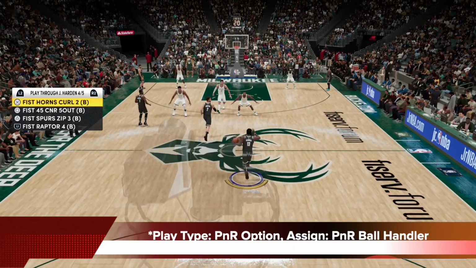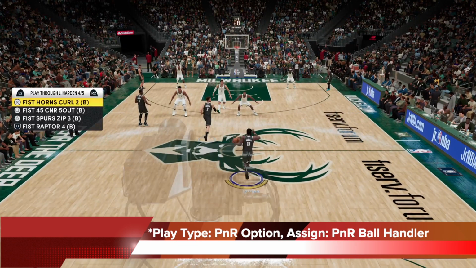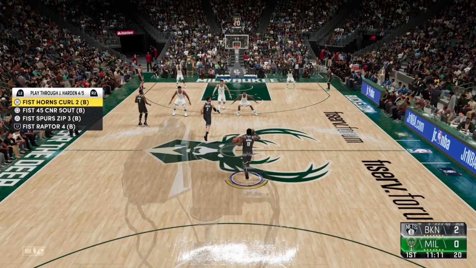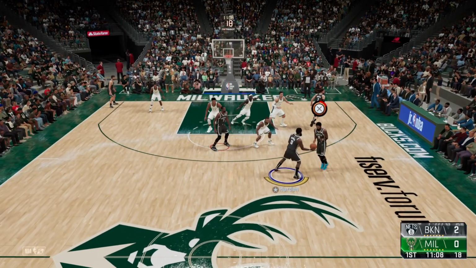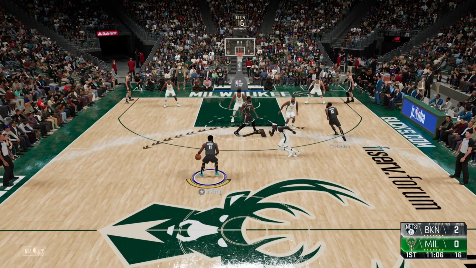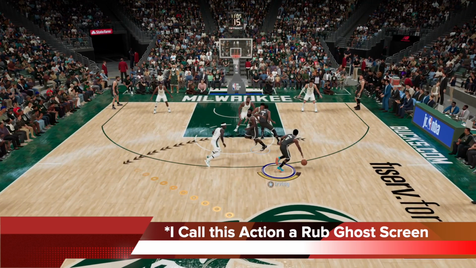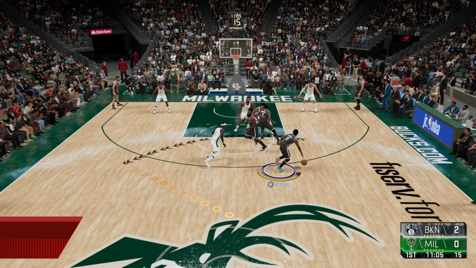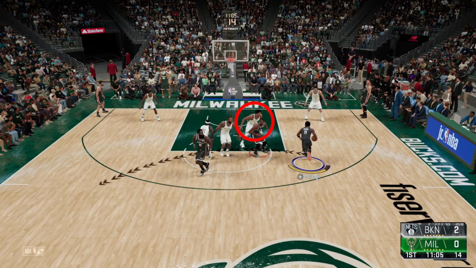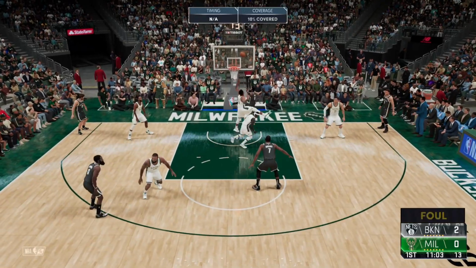So you can see this is a second play, so different play. This one also comes with a ghost screen. It's a pick and roll option play. Assign it to a pick and roll ball handler, and it's fist horns curl 2. And you can see as the play begins, there's that ghost screen action again. Harden is going to run through. There's going to be this off-ball screen for him, but this is what I call a rub ghost screen, where you're using the off-ball screen as an on-ball screen, but because it's with that ghost screen concept, the hedge defender becomes over-occupied and they become confused,